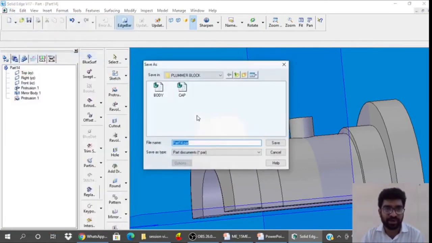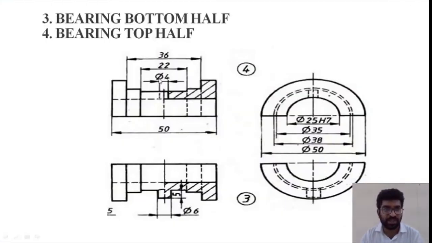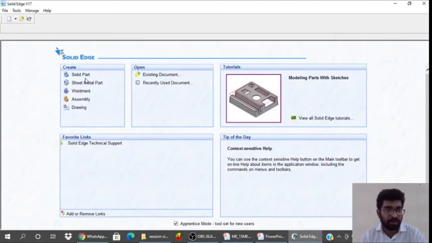File, save as, bearing bottom half. Save, close this. So next in the same way we will create bearing top half with the same dimension. The only difference is we have a hole at the center, solid part,